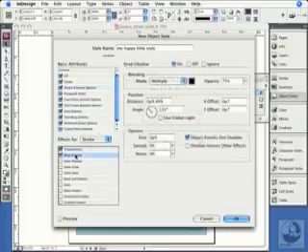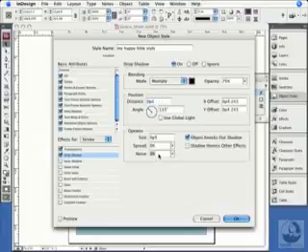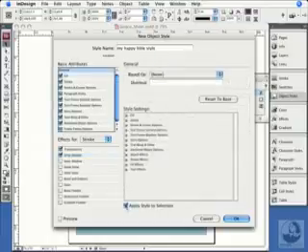Why don't we give it a drop shadow? Have to do a drop shadow, right? Don't forget your drop shadows. We're going to say P6 here. Let's give it a little bit of noise. That would be good. And now, I'll go back to General, and I'll see that Apply Style to Selection is